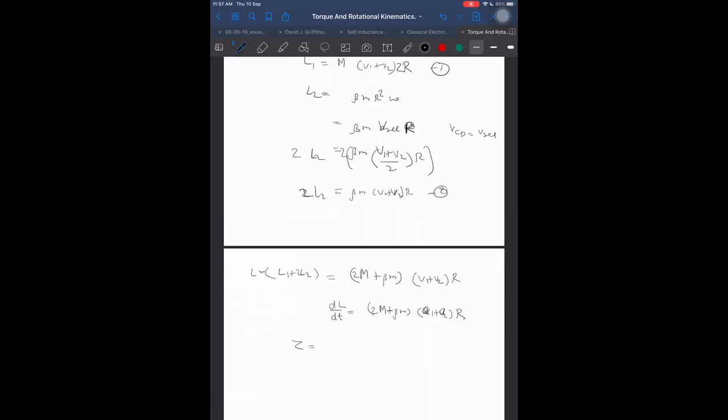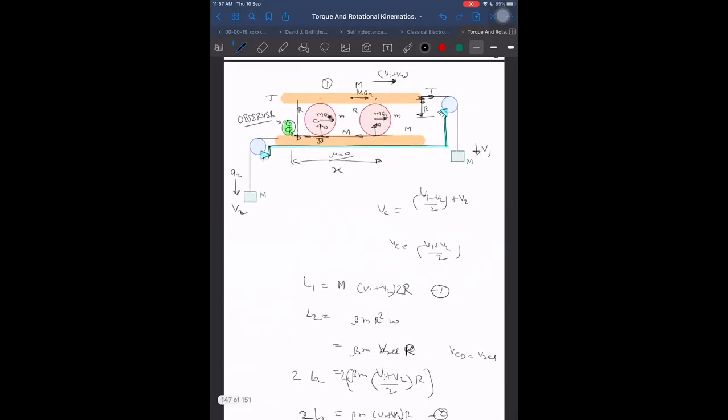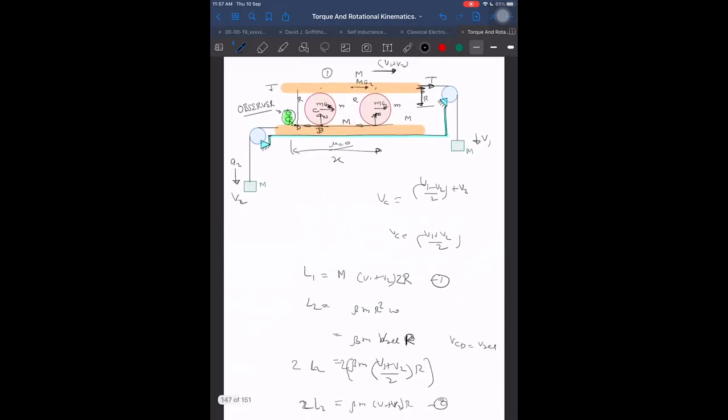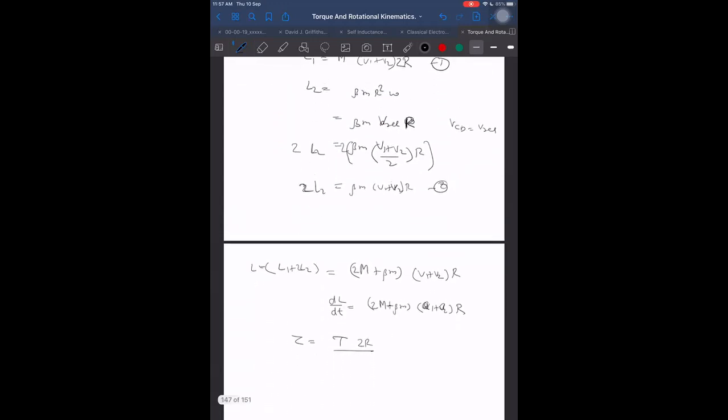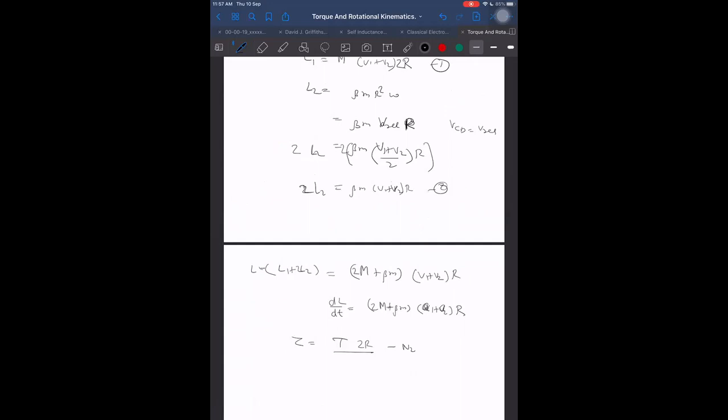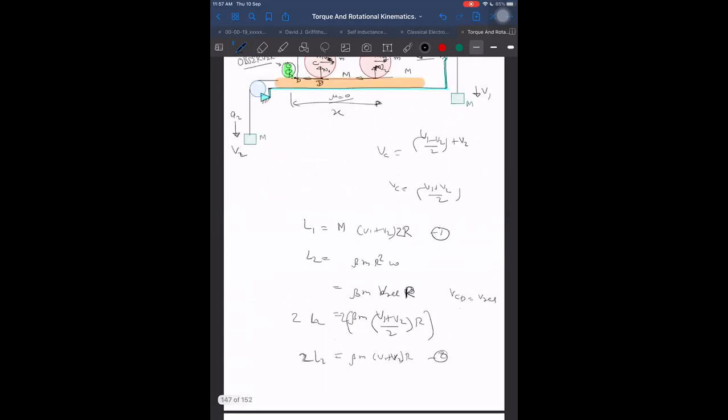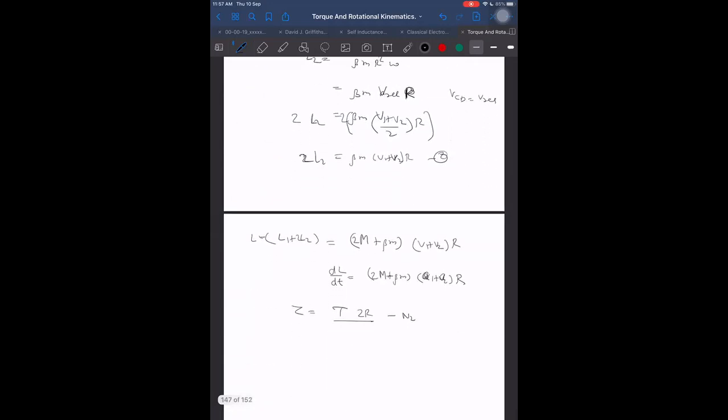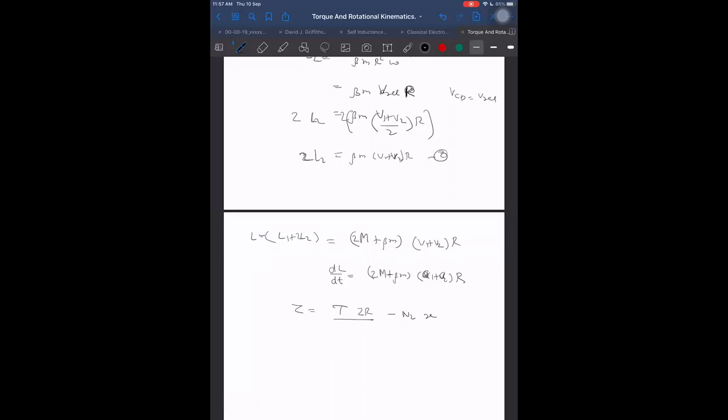Next, torque. Torque is equal to, just because of T, that is T into 2r, as you know already, but also because of normal, that extra torque is in the opposite direction. Which normal here? Let's call this normal n2, and this is n1 here. Due to n2 normal, it will be minus n2 into the distance from here, x. That extra torque is appearing here. Okay, this is some unknown extra coming out to be there, and x is arbitrary.